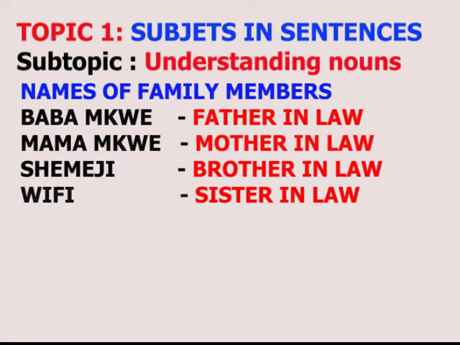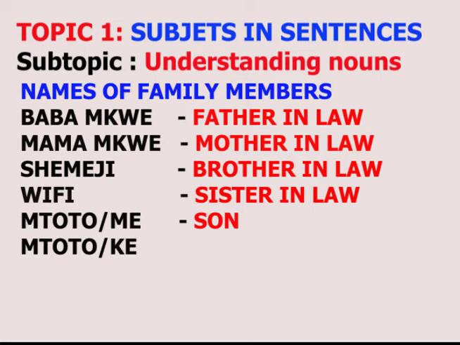A male child in English is a son, which in Swahili is mtoto wa kiume. And mtoto wa kike in Swahili, in English is daughter. Those are names of family members that we have. But also